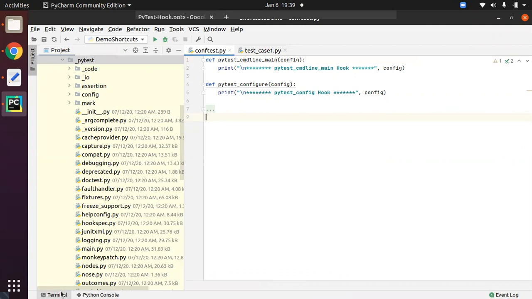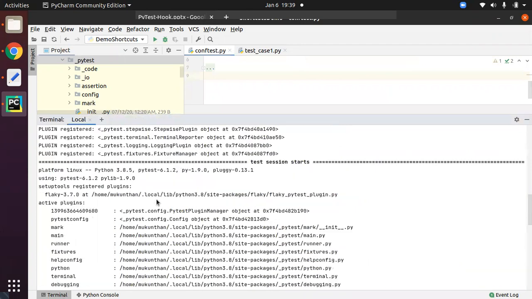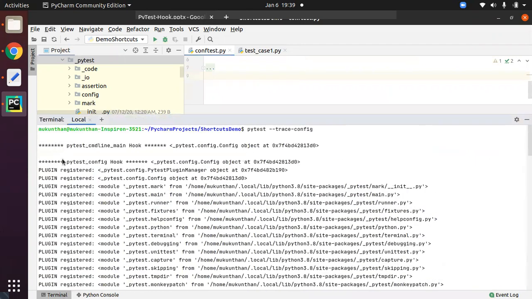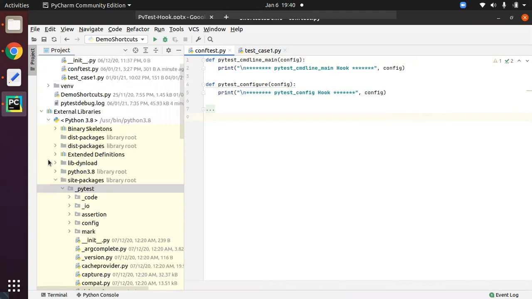If you go back to the terminal again, you can clearly see the first statement, PyTest config hook. It is provided with the config object and it is executed before registering our conftest.